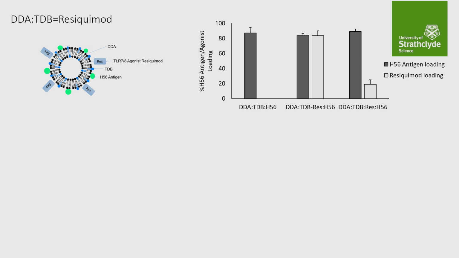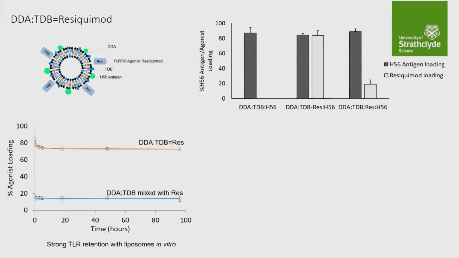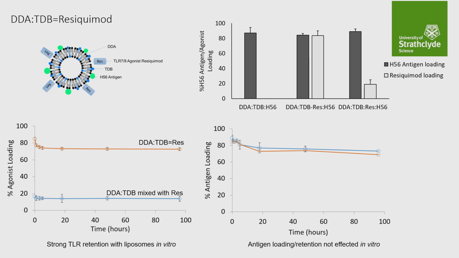We wouldn't expect it to stay with the liposomes, and sure enough it doesn't, because it's water-soluble. The agonist doesn't stick to the liposomes, so you really need the conjugation to get the two together. As you would expect, if it's not conjugated, it just moves away from the liposomes very quickly. It will wash away, whereas the conjugate stays with it. And the conjugate doesn't impact on how well we can load the antigen, which was a consideration. So we've got a liposome, we've got DDA, we've got TDB, we've got our antigen stuck to it,